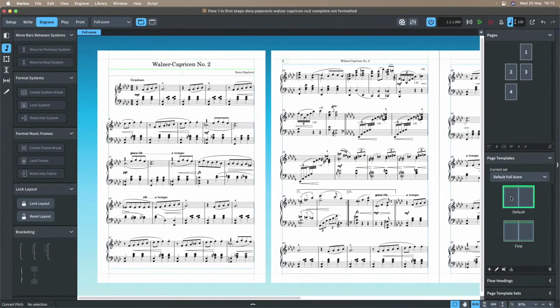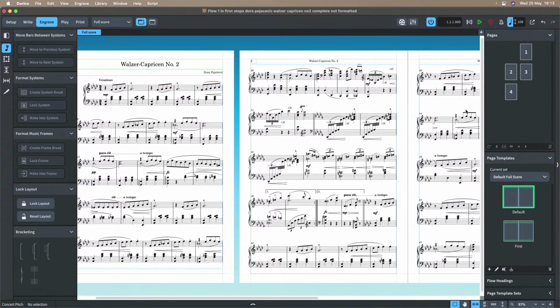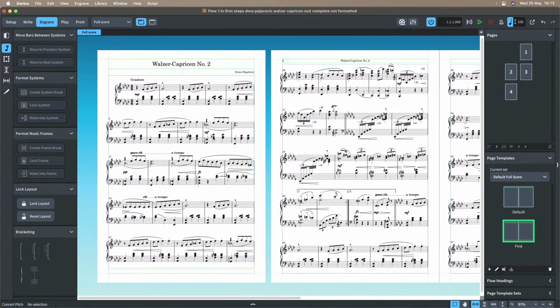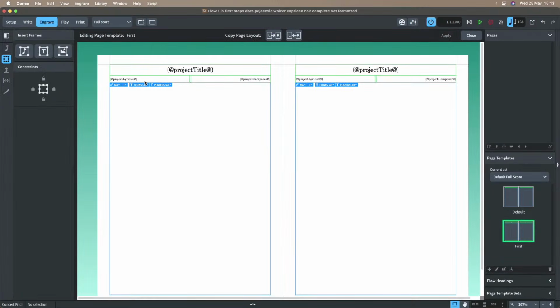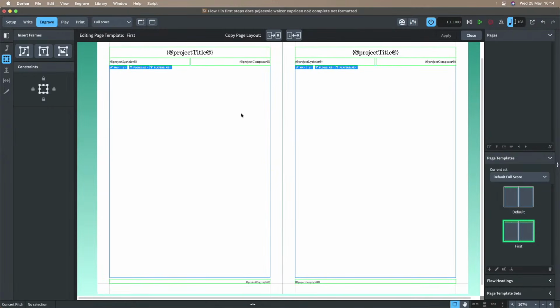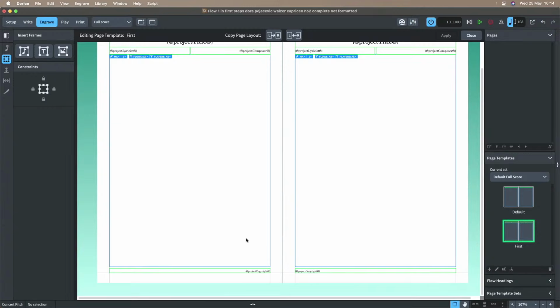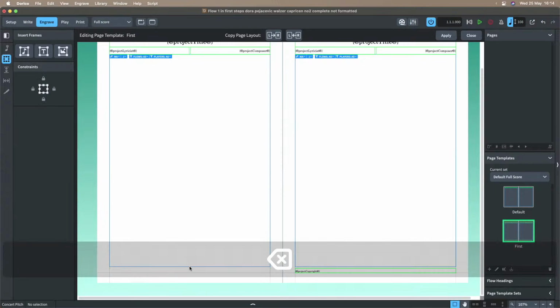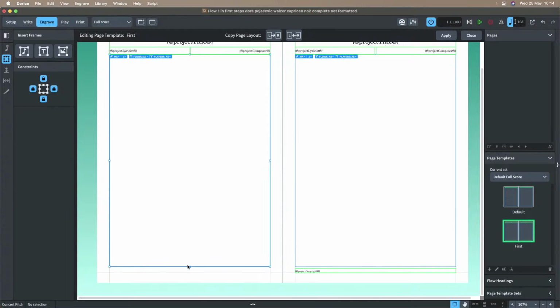So we have the default page template, which is all of the subsequent pages, and we have the first page template, which is this one here. So if I double click on first, then it shows me all of the areas that you can put things in. So these are the page tokens and the project tokens that we have in here, and the project copyright. So if I didn't want this, for example, then I can choose this. I can press delete, backspace, and then on this music frame here, if I click on this little blue section